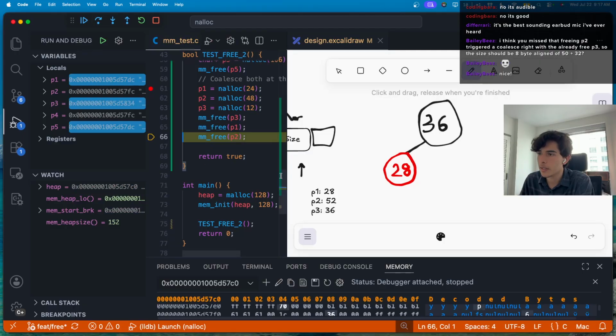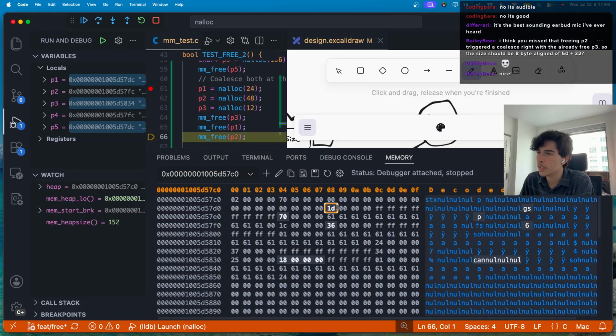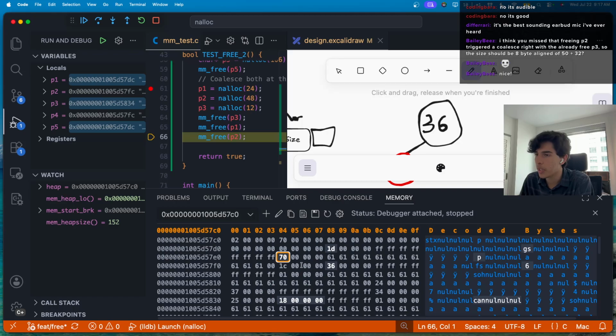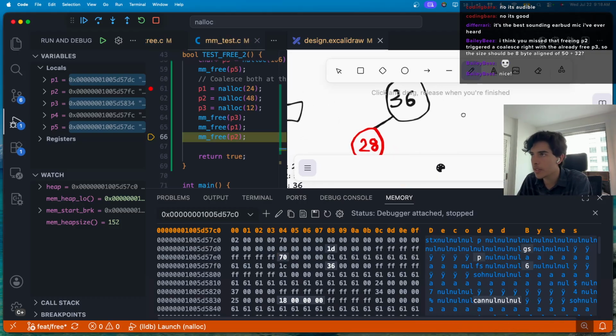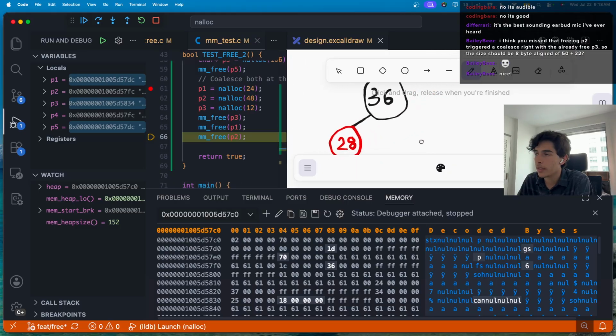So now let's see what happens. Now P1, where is P1? P1 is here, 1D. Size 28, yes. And its parent should be 70. It has the least significant bit set to 0, which is red. And thus we're also fine with that, which is perfect. 36, 28. And then after that, we try to insert P2. And P2 has size 52. And things shouldn't change at all, right? Because when we insert 52, we just insert it to the right of this guy, and we make it red colored. 52,